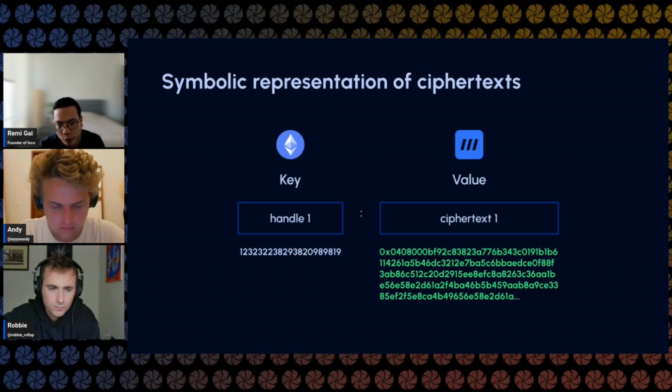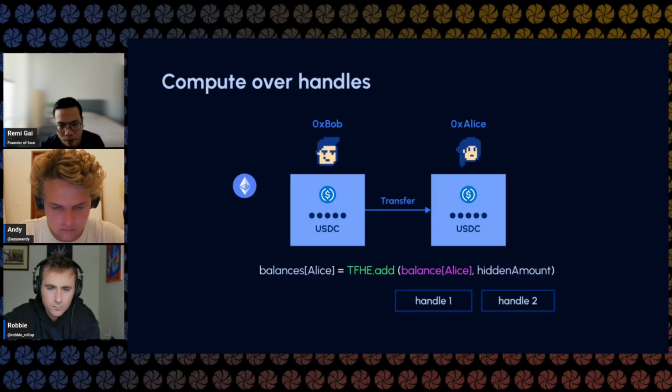Just quickly, from a high level, how this works. Ciphertexts, the encrypted data, are actually quite big. So Inco will be in charge of storing the actual ciphertext, and what you're storing on Ethereum is essentially the handle. You can think of the handle kind of like the key, so it's like a key-value pair relationship. You're storing essentially a representation of the ciphertext. If Bob sends money to Alice, you are adding an encrypted amount to an encrypted balance.